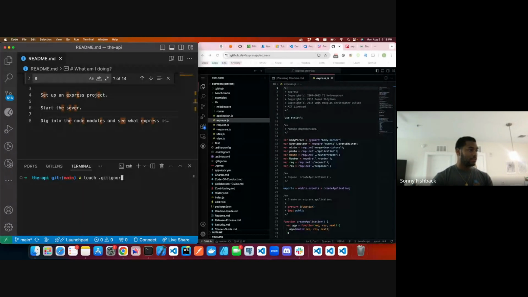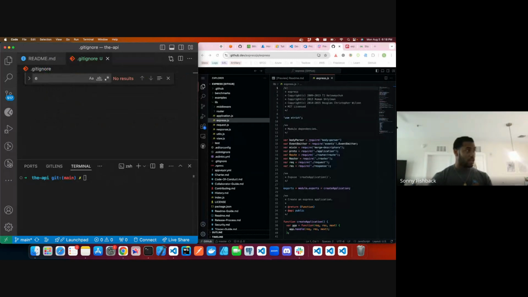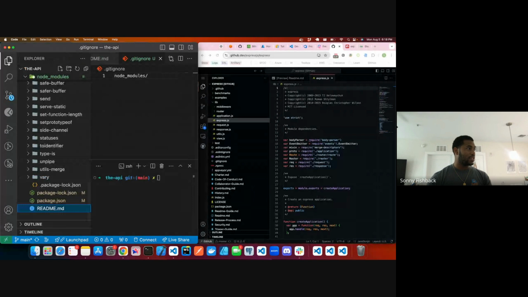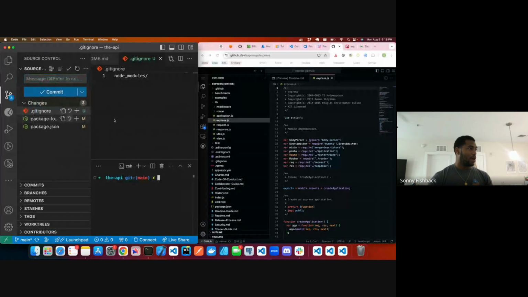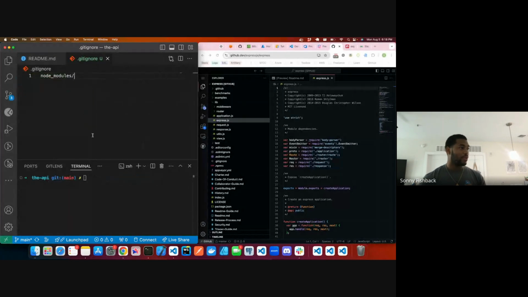.gitignore. And here we'll say, let's close out of this. We'll say ignore the node_modules folder. That avoids that for us. Awesome. And we have 3 changes. Awesome. So now that we're ignoring that,